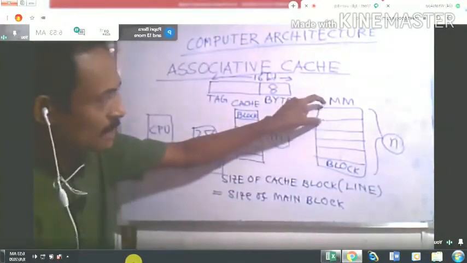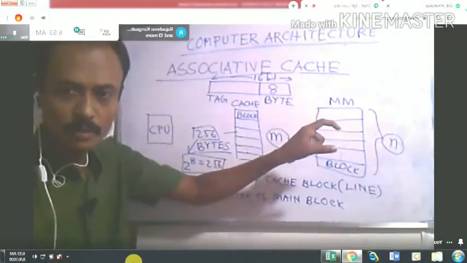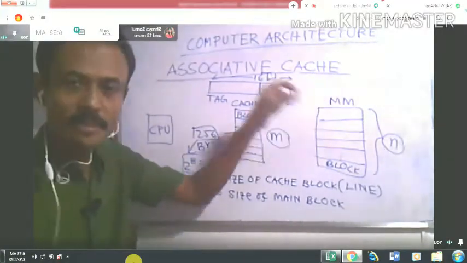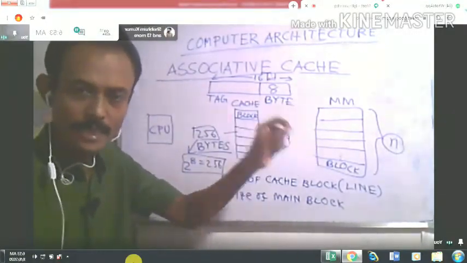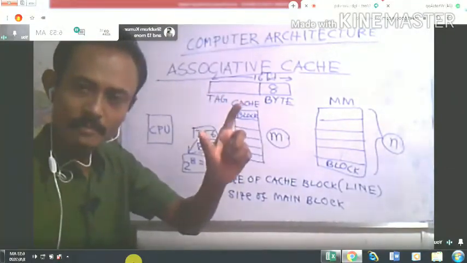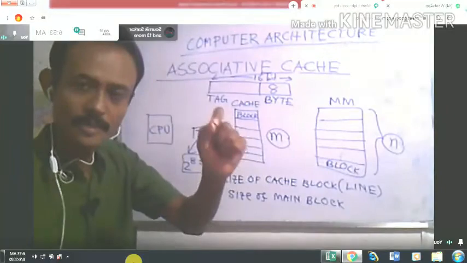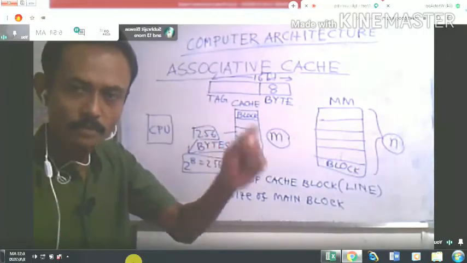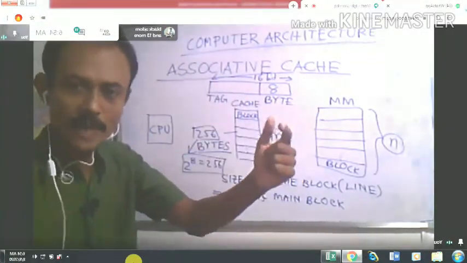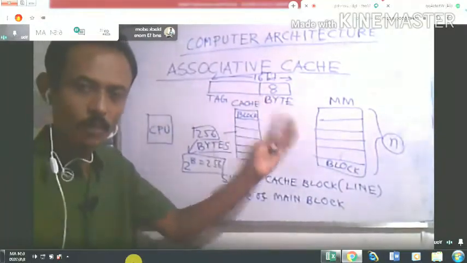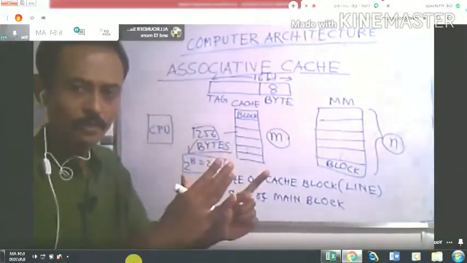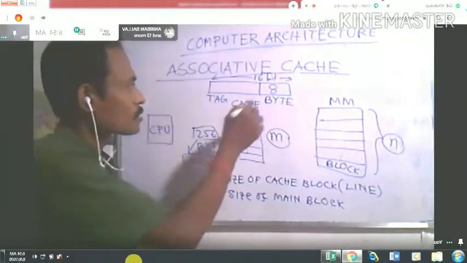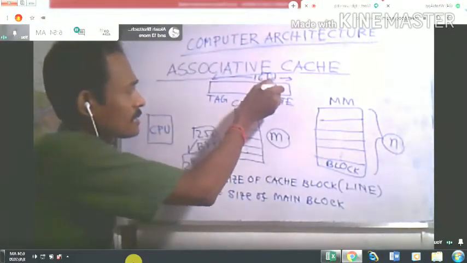That means within every block there will be 256 bytes. Every byte has an individual address, or you can say there are 256 words and every word has an individual address, and here word equals 1 byte. Sometimes the word may be multiple bytes also. In some cases your word may be a 2 byte word, 4 byte word, or 8 byte word, but then your machine will be word addressable, not byte addressable. Here, as one word equals 1 byte, you can say it's byte addressable.